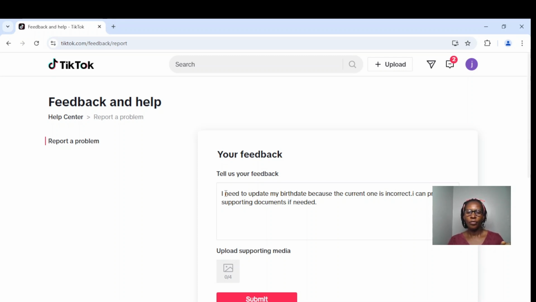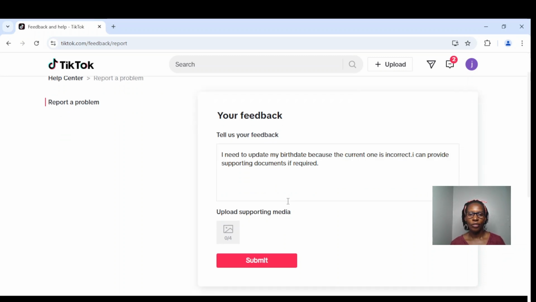Now remember not to just attach your supporting documents. Always wait for them to ask for any proof of a document, and that's usually your passport or your national ID. So when you're requested for those documents, upload them here and then submit. So TikTok, when you submit, TikTok will respond to you in a couple of days on how to change your